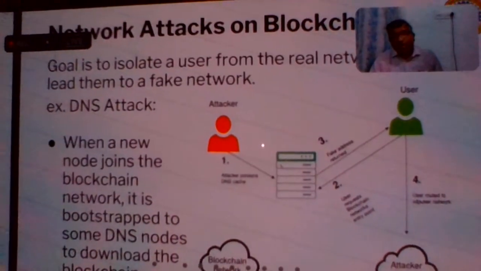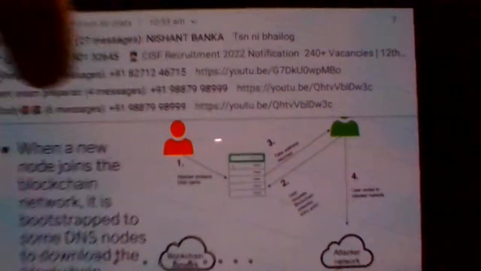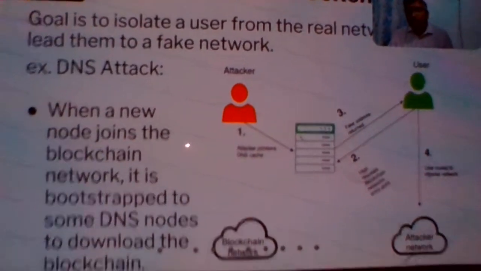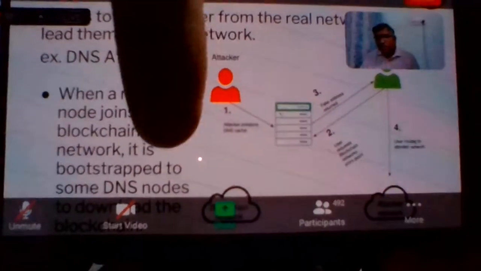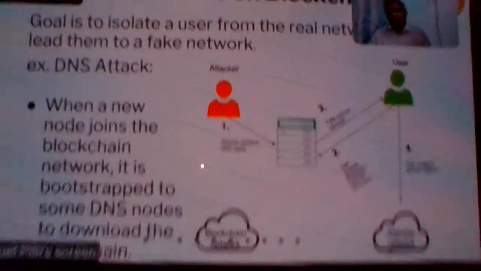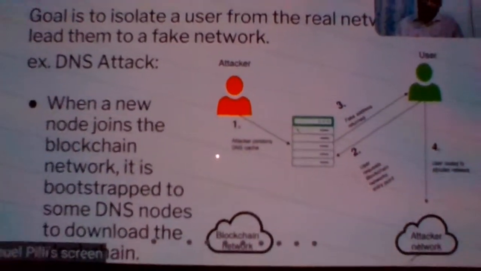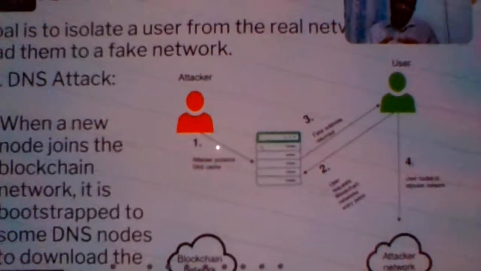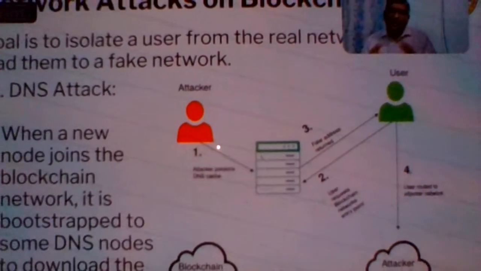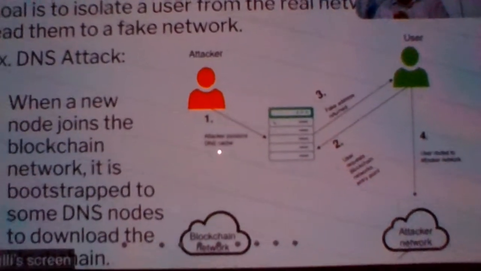So now this is slightly beyond blockchain. There is a DNS network, right? So a DNS server is there. What you do is you isolate a user from the real network and lead them to a fake network, which is actually not the blockchain network. You are a Bitcoin node, using what is called Bitcoin Core. You have set up a node. The software for setting up a Bitcoin node is called Bitcoin Core. When you set up that software, you become a node. This node gets connected to the blockchain by going to a DNS. But then if you